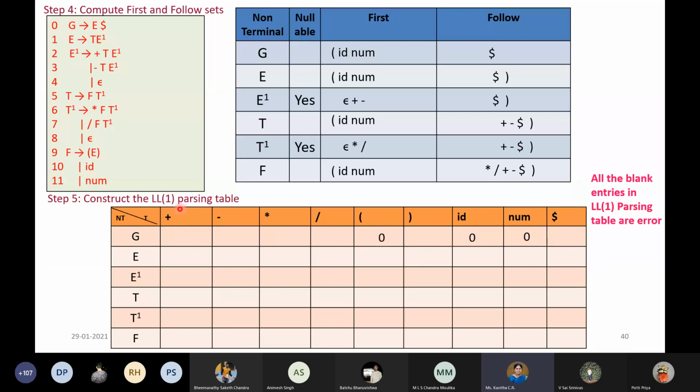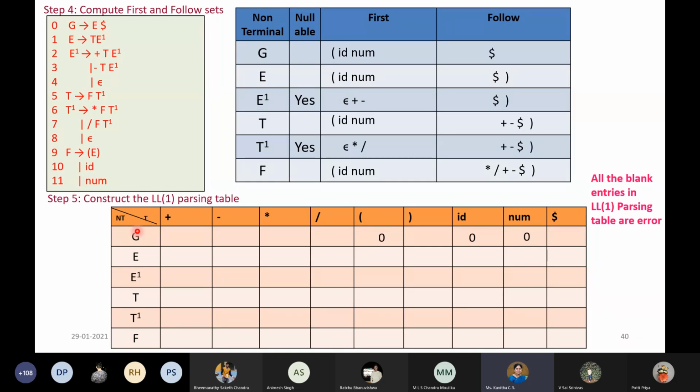Then what happens to other symbols? Other symbols are treated as errors. Once you complete the table, whatever is left blank will be treated as error. We are not expecting anything like plus or minus in the first position for G. You will never get that chance if it is a correct string.